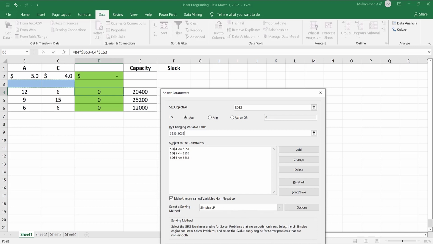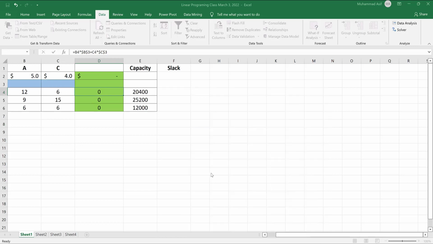solve. Once I click on solve, these blue cells, which are blank right now, will be filled. This one, our total profit, will also be filled, and these cells will also be filled. So let's see what happens. I click on solve,